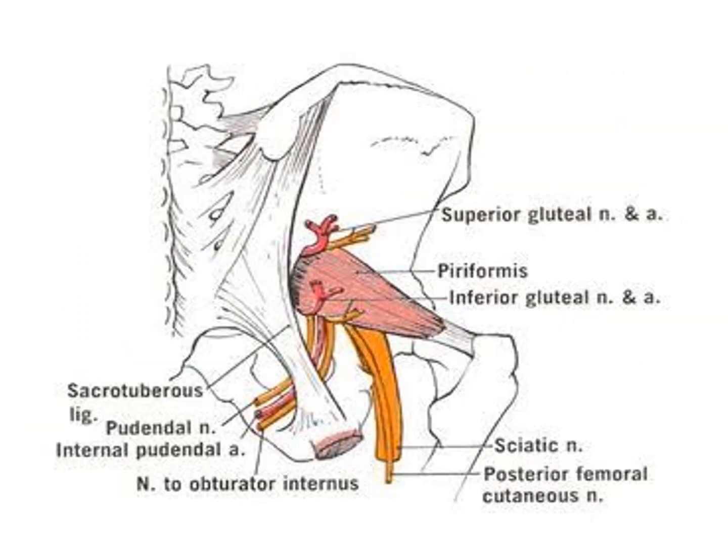Another important feature of this piriformis muscle is that this is the key muscle of this region. That is because there are several structures which exit above and below this muscle. As you can see here, the structures emerging above this muscle are superior gluteal nerve and superior gluteal artery. The structures emerging below the muscle are, you can see the sciatic nerve here.